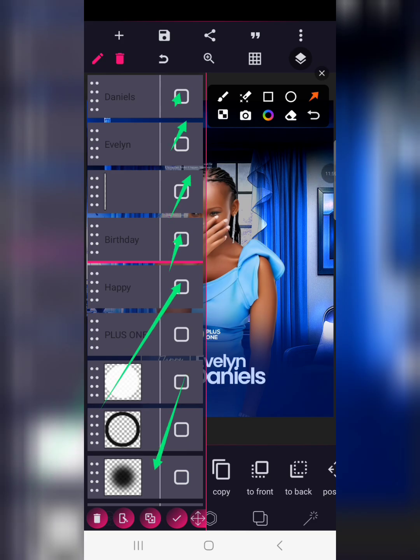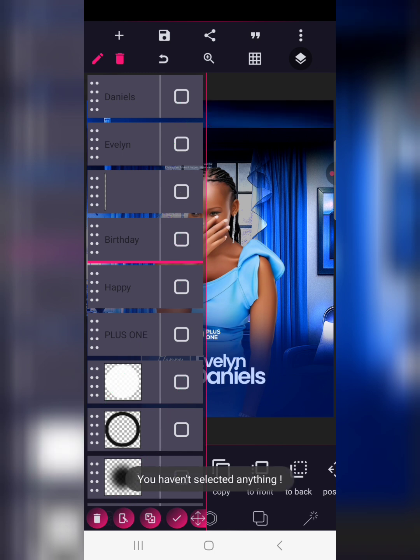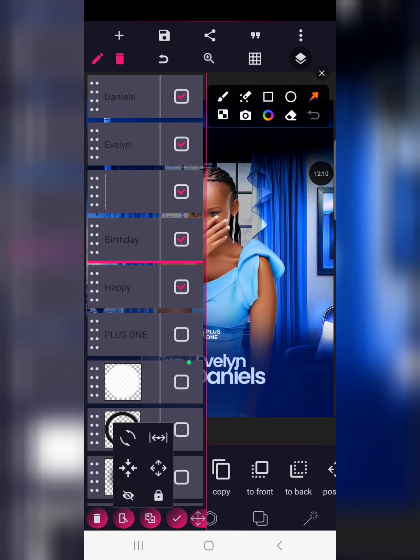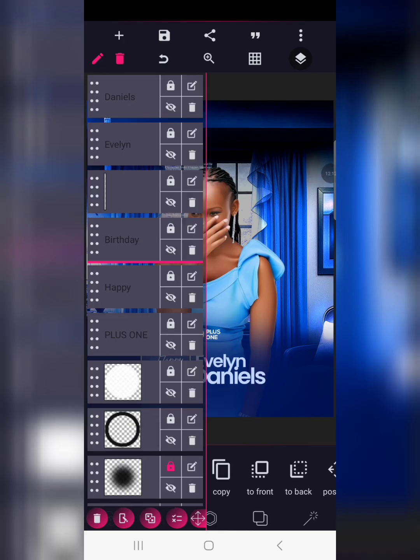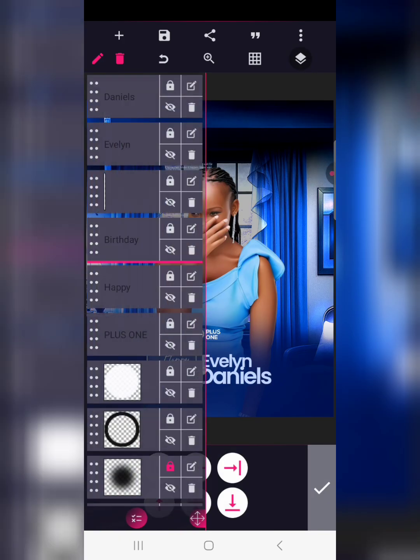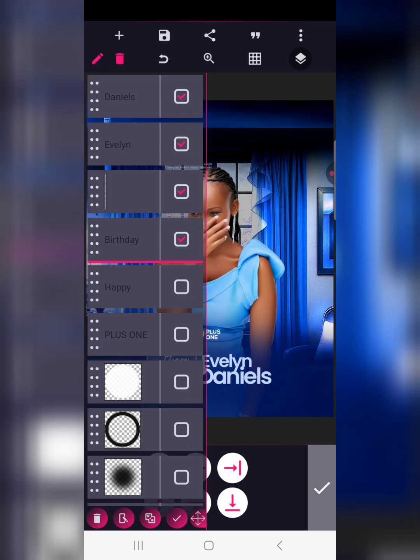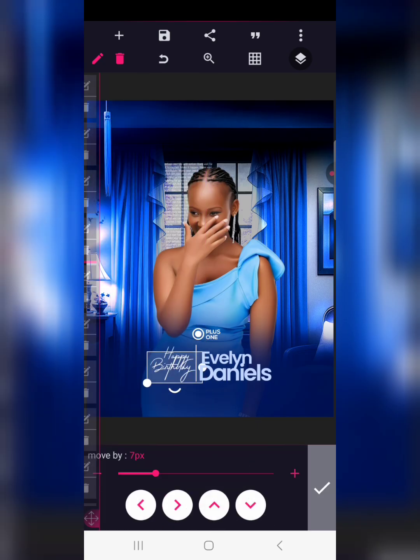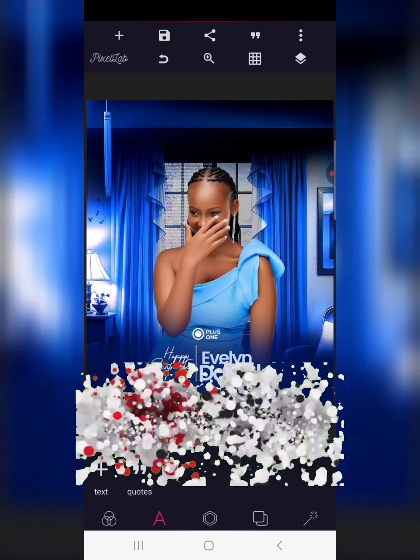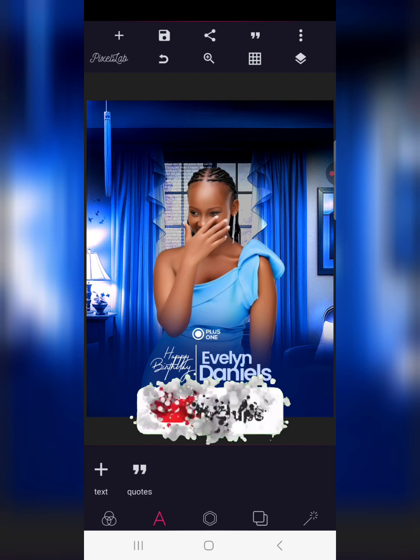After selecting, click back here on this icon, then you will see, oh, let me select first of all. So select and click here, then you will see this relative position tool. It's for relative positioning. So position it to the middle, and as well you can just select them and move them if they are not on the right spot. Yeah, so we have happy birthday Evelyn Daniels, +1, of course, it's +1. Then